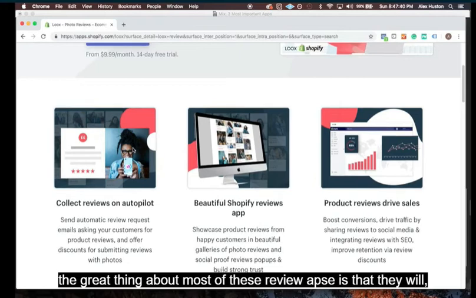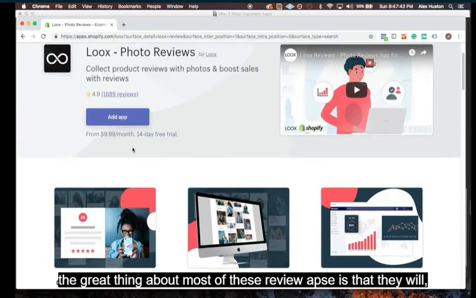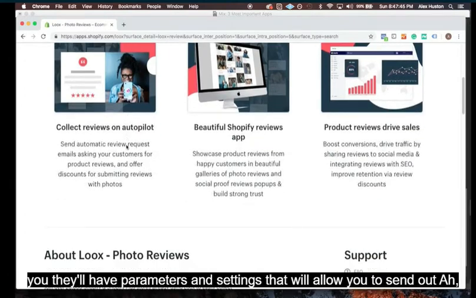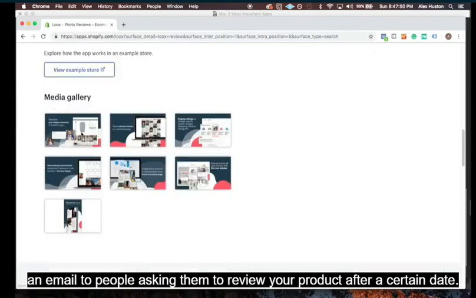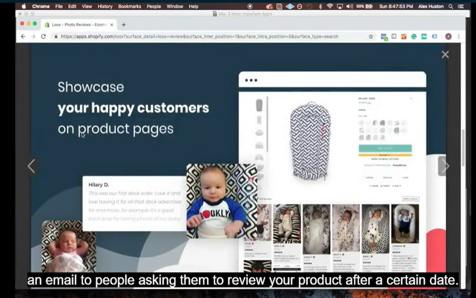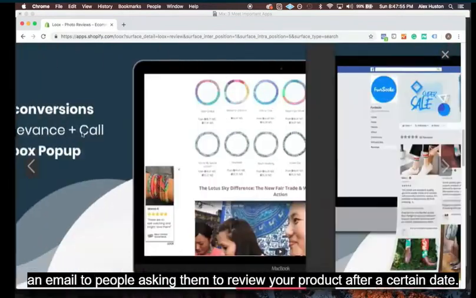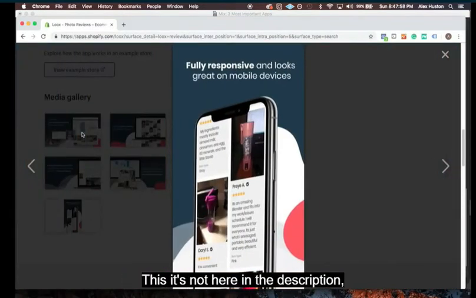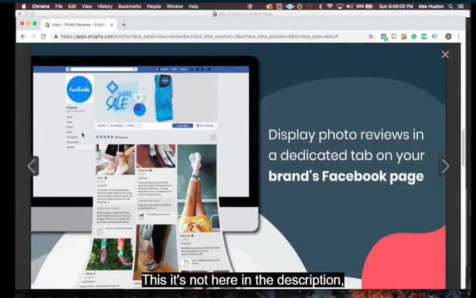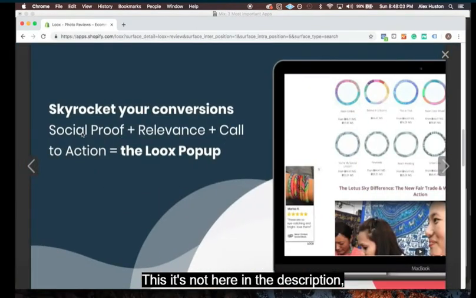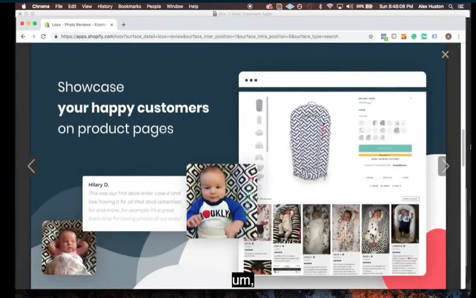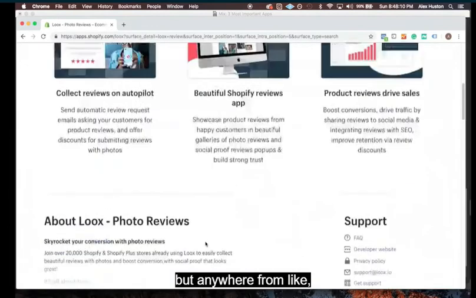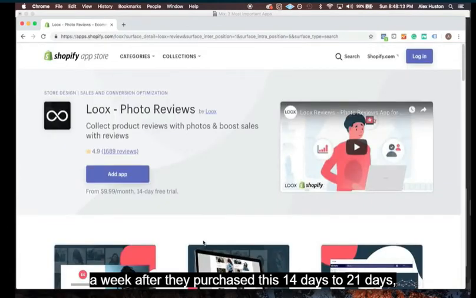The great thing about most of these review apps is that they'll have parameters and settings that will allow you to send out an email to people asking them to review your product after a certain date. So let's see if we can find that real quick. It's not here in the description. But anywhere from like a week after they purchase to 14 days to 21 days, depending on what kind of product you're selling,